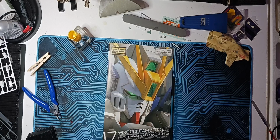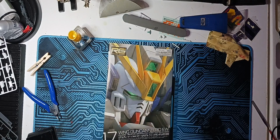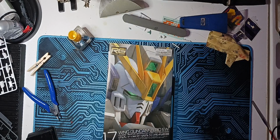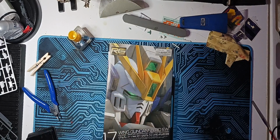Well, considering how I have built my first master grade, I am building my first real grade. I have officially broken out of the beginner stage of Gunpla. Don't get me wrong, I'm not going to say I'm some advanced guru aficionado, anything like that. But considering I have officially broken out of the entry stage,